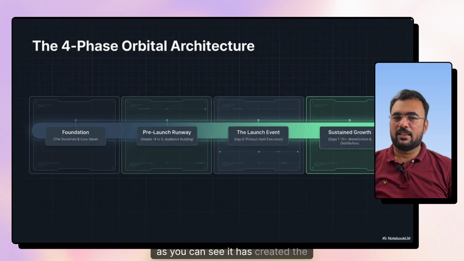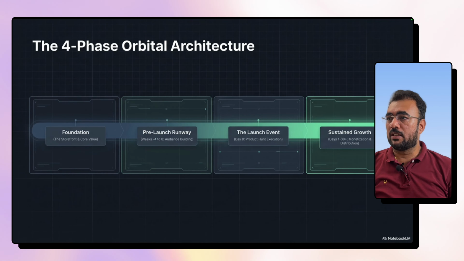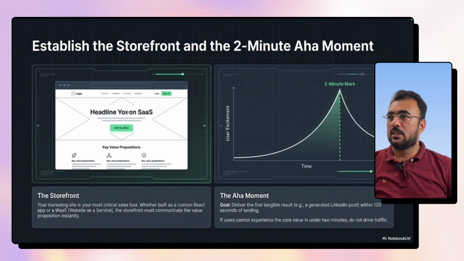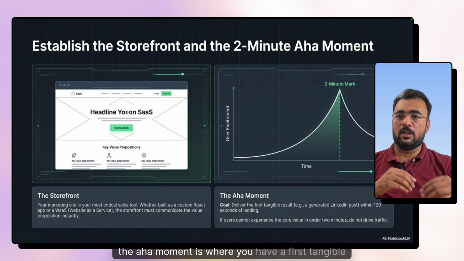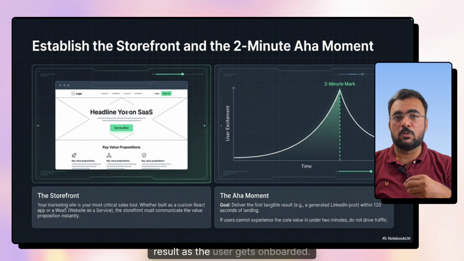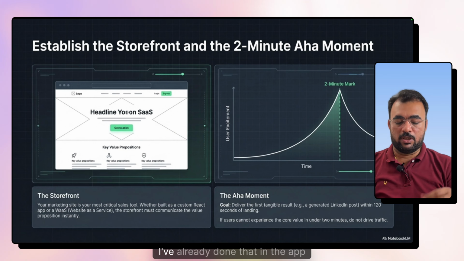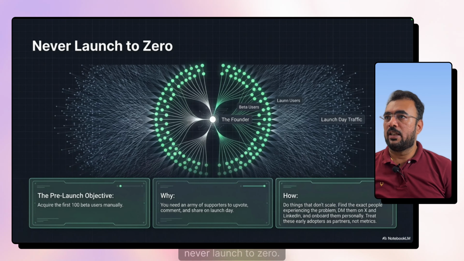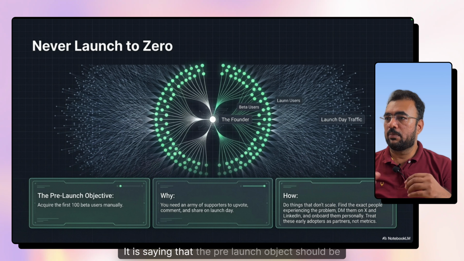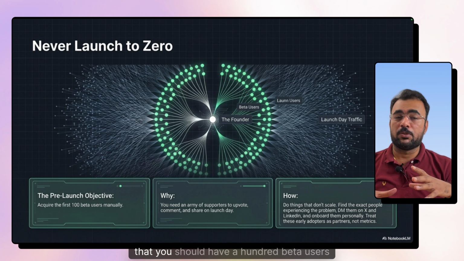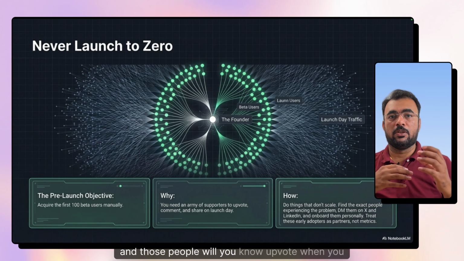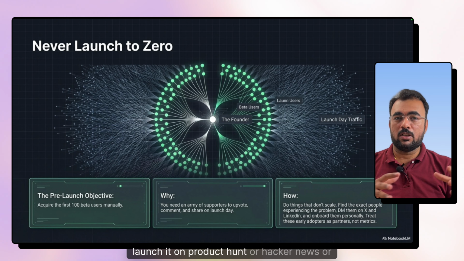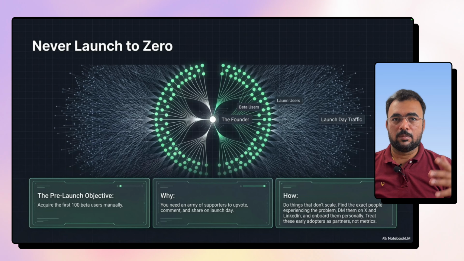As you can see, it has created the strategic roadmap for Thoughtman.ai, that what exactly I should do. So establish the storefront and the 2-minute aha moment. The aha moment is where you have a first tangible result as the user gets onboarded. I've already done that in the app. Never launch to zero. It is saying that the pre-launch objective should be that you should have 100 beta users